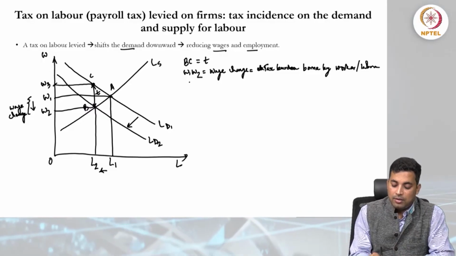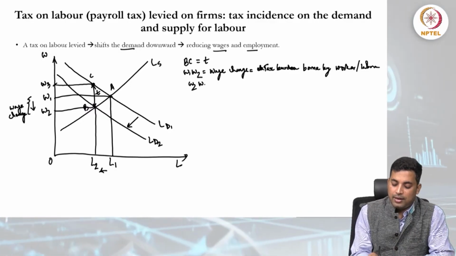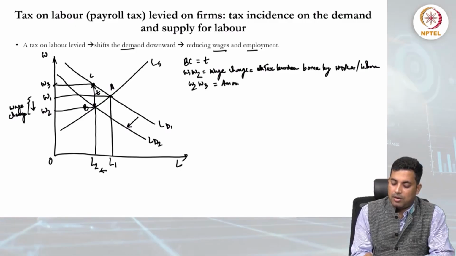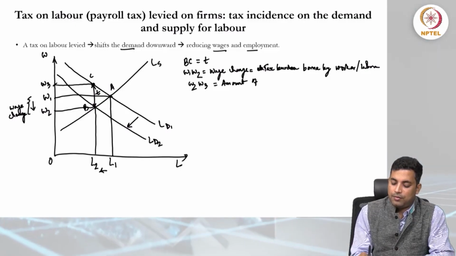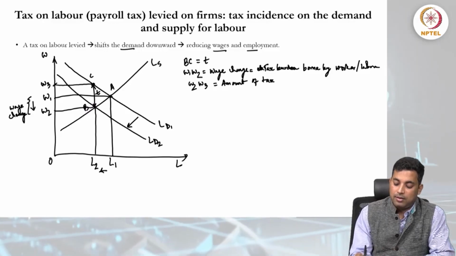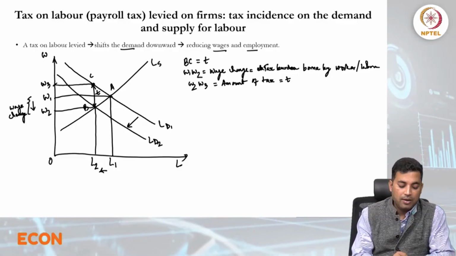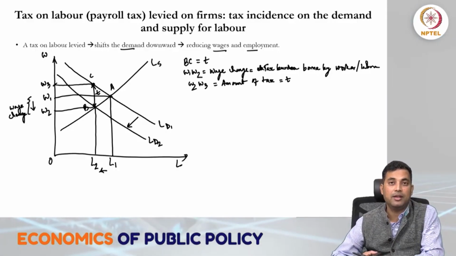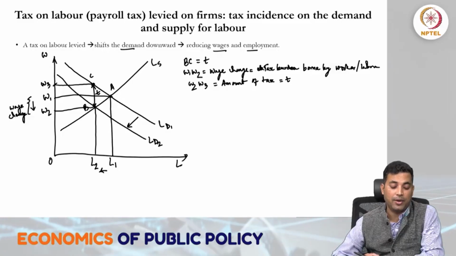And then W2 and W3 is the amount of tax, small t. So here, the reflection in the new equilibrium at point B, that the wage is reduced,